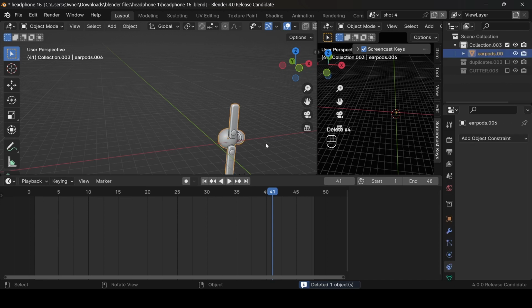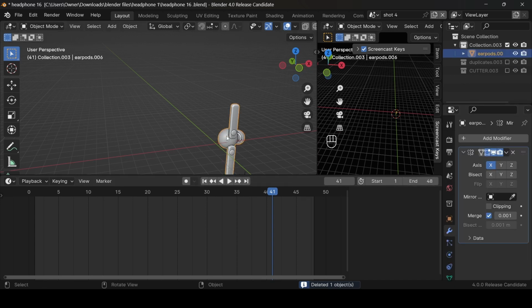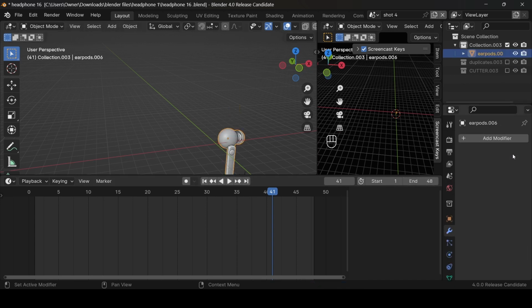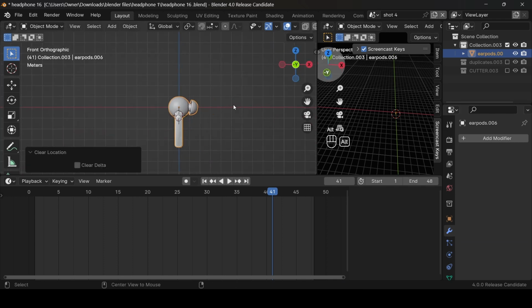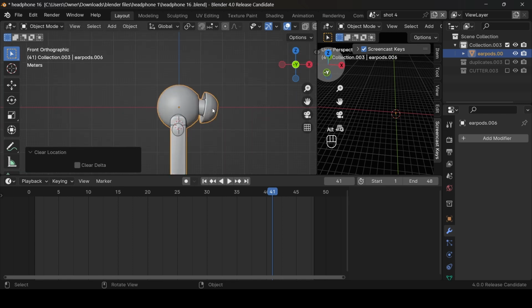So I'm going to delete this, and then I'm going to go to the mirror, select the headset, and then you can just disable it. So what we want is I'm just going to press Alt G to bring it to my 3D cursor